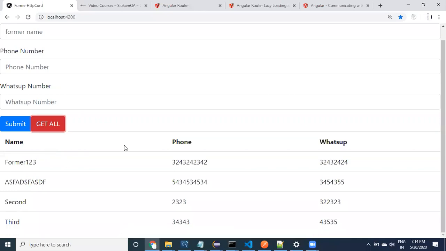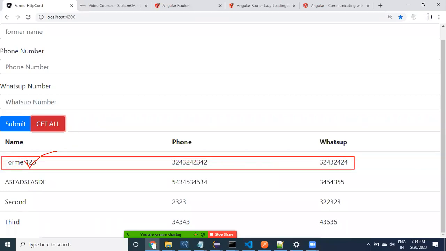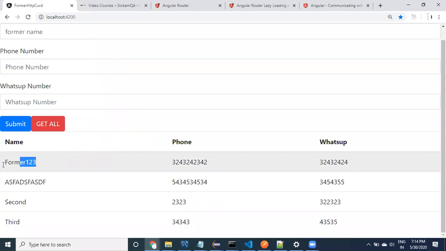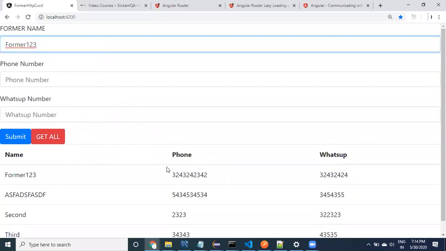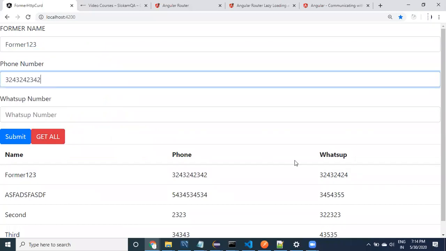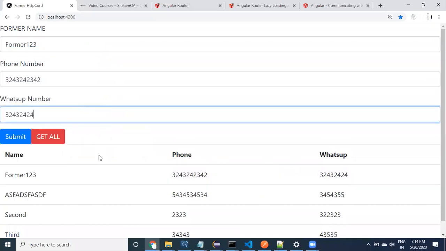If anybody clicks on this particular farmer, then on whichever record we are clicking, that information has to come to these text boxes. If I click here, the farmer 123 has to come here, the phone number has to come here, the WhatsApp number has to come here.